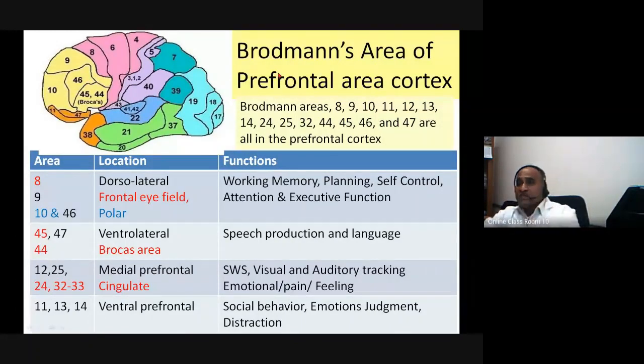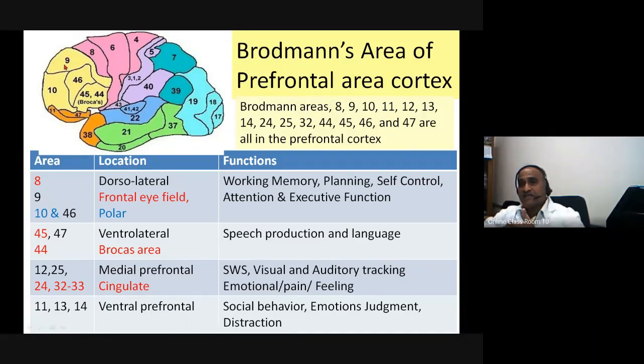And we can divide the prefrontal cortex into four major groups. Maybe when I take up the prefrontal cortex, I will go a little more. But here I mention dorsolateral, ventrolateral, medial prefrontal, and ventral prefrontal. So that means there are four groups. So this forms the ventral. The medial is going inside. This is outside, this is lateral, going inside. And this is the